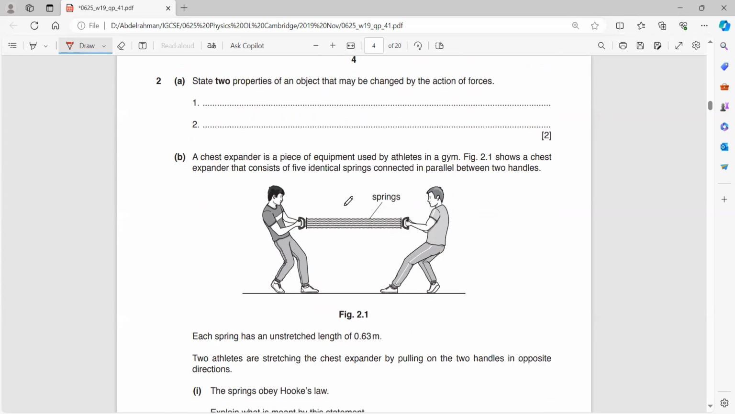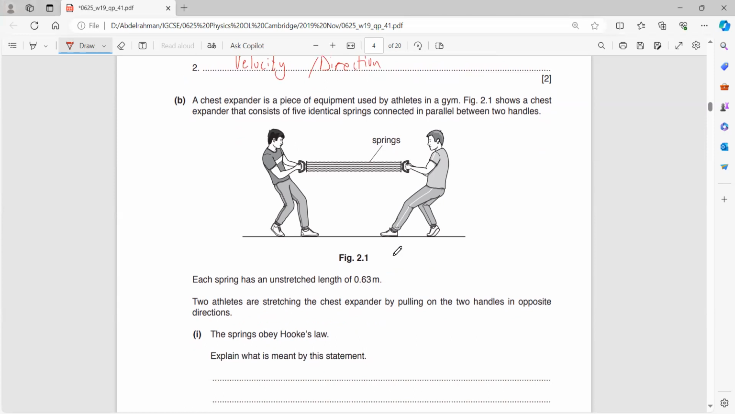طيب. يلا. Question 2. State 2 properties of an object that may be changed by the action of forces. What are 2 properties of an object that can be changed؟ فكروني كده. الشيب صح. وال velocity. ماشي حلو. ممكن نقول الشيب طبعا، ممكن نقول الفيلوسيتي اللي هو direction. الدايركشن صح. كل الحاجات دي صح، برافو عليكم. تمام. طيب